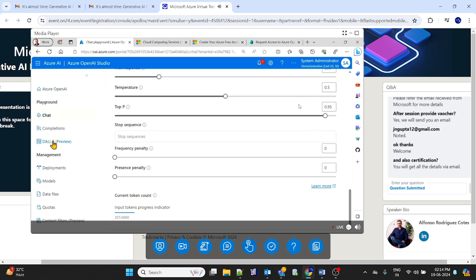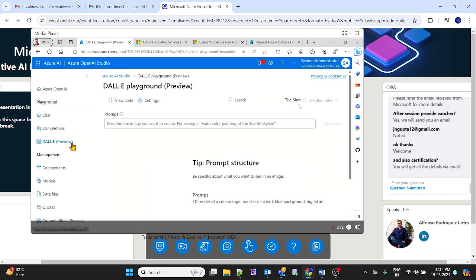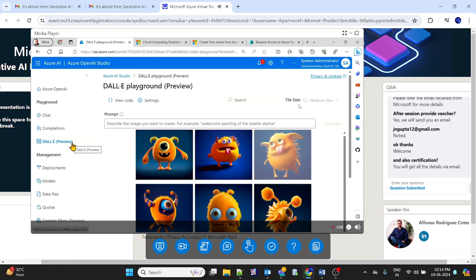Okay, finally, let's go to a new tab. This is the DALL-E option. And in addition to language generation models, remember that Azure OpenAI Service supports the DALL-E 2 model for image generation. And just clicking here in this DALL-E tab, we can start creating, and not only creating, but also working with